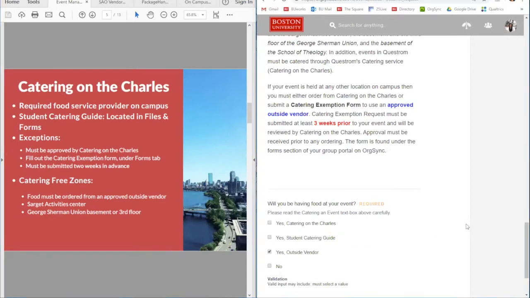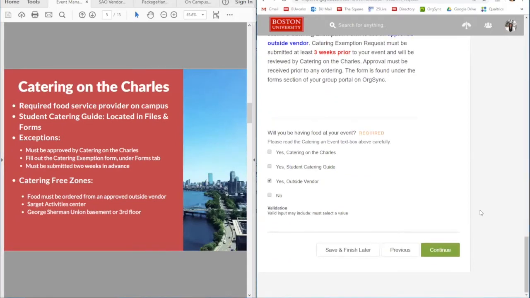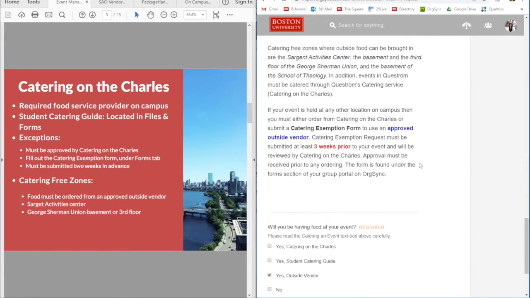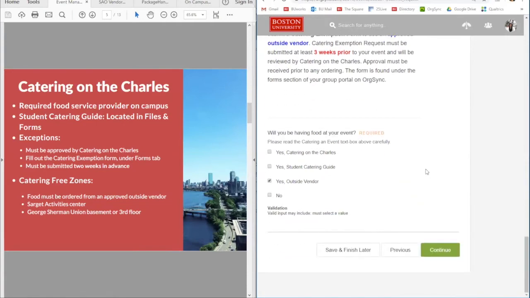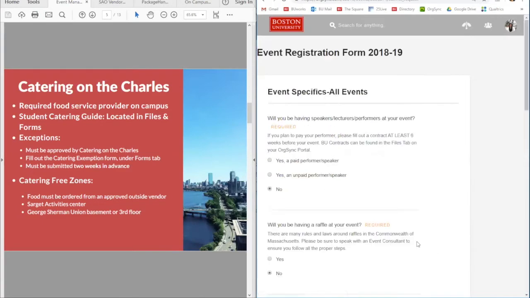Exceptions to use of Catering on the Charles anywhere else on campus must be approved by catering. In order to do that, fill out the catering exemption form found under the Forms tab. This must be submitted a minimum of 2 weeks in advance. Now we will go into event specifics to help our staff understand what is included in your event and whether